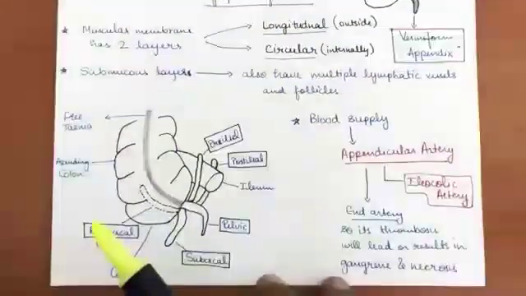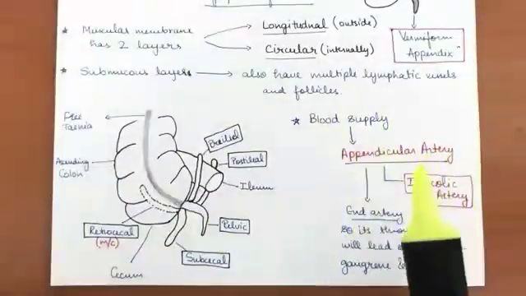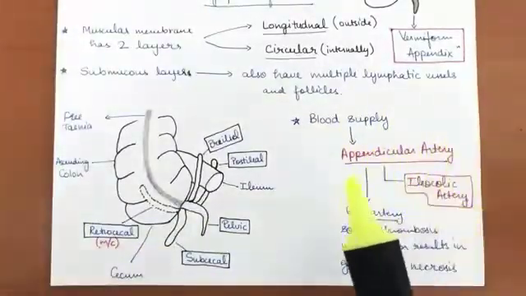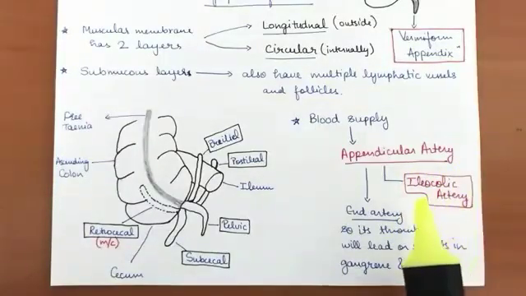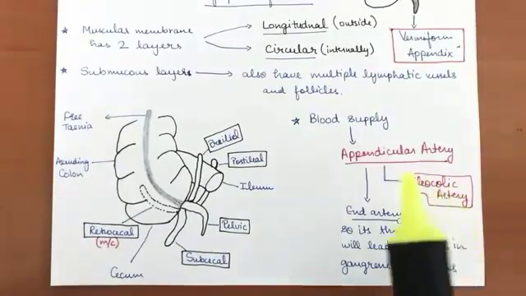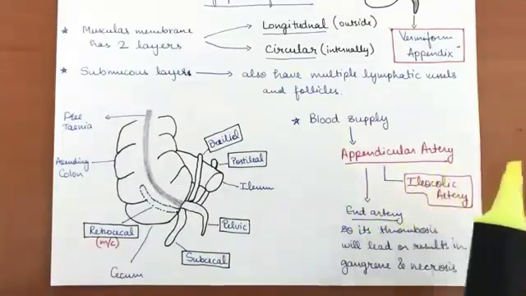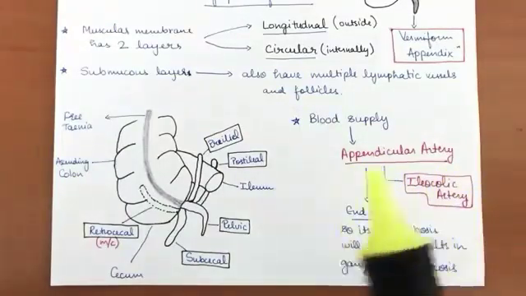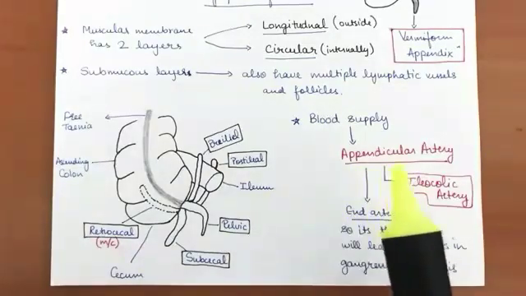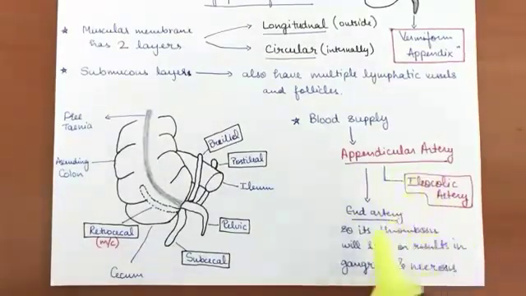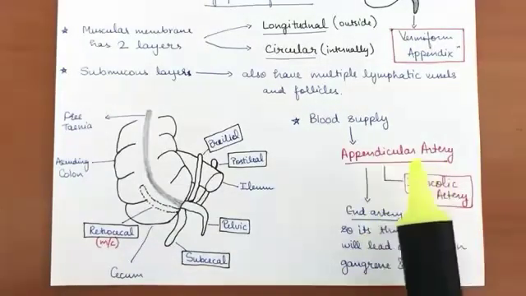So what is the blood supply? If we see the blood supply of the appendix, it is from the appendicular artery. The appendicular artery is basically a branch of the ileocolic artery, so it is an end artery. End artery means that if any thrombosis or occlusion or any other problem happens in this artery, then it will result in gangrene or necrosis. It is not attached to any further